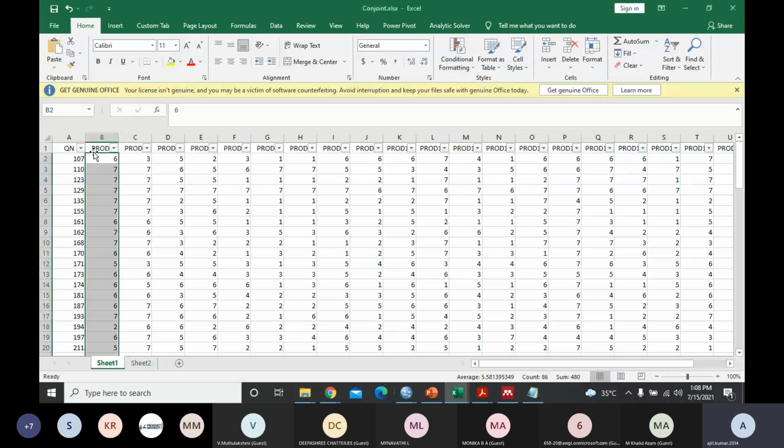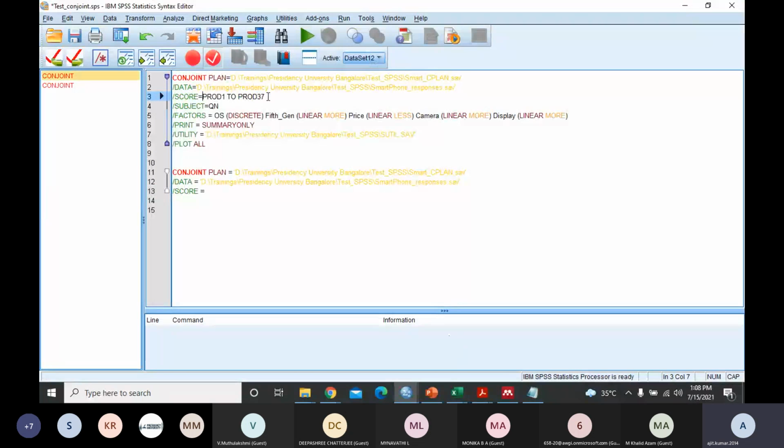You see product prod 1 to product prod 22, whatever the number is, these give the information that these are the rank data, not the first header. If you don't give anything, there will be a problem. It will not run properly. Here I have given prod 1 to 37, or we can reduce this to whatever the number is, let's say 22 to 22.